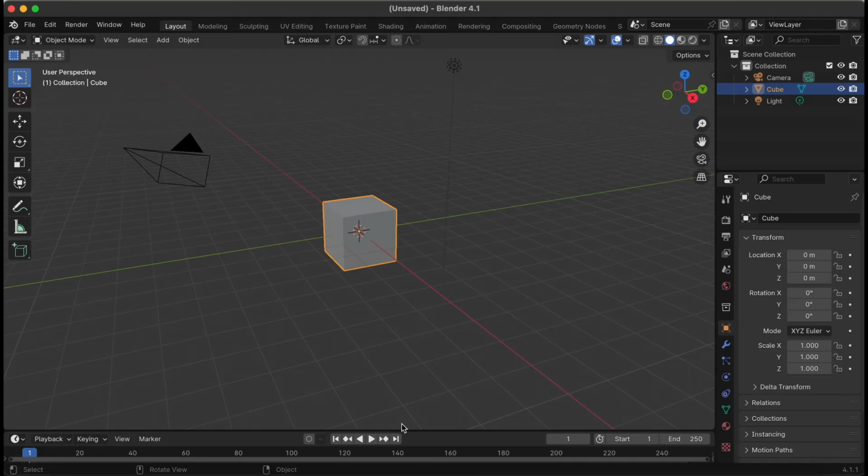Hi guys, so in today's video we are going to be creating a red blood cell scene, and to start we are going to have to create our first red blood cell. So to help you model the red blood cell, you need to understand the structure, the basic shape of a red blood cell.